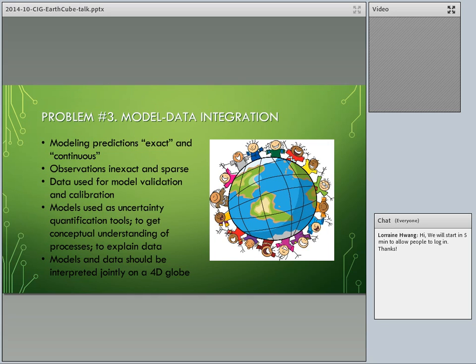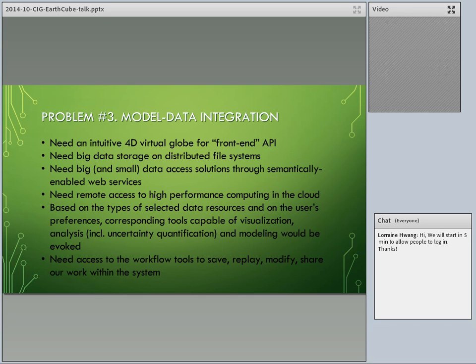On the other hand, models could and should be used to explain the data and test hypotheses to get a conceptual understanding of the processes that are behind the data that we obtain. And the solution would be to interpret them jointly on a 4D globe, which is a virtual globe that has a notion of 3D Earth and time. So the solution is actually quite involved. It's a complicated problem to solve, but the cyber solution would be to have the front-end API, which lets us